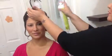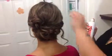This is my finished product. Oh yes, I'll take the Rambo off. My beautiful, lovely bride. It's all about piecing together and hair architecture. It's truly an art to be able to do an updo. Be creative, have fun, use your flat iron, and remember, girls, anytime that you're going to do something like this,